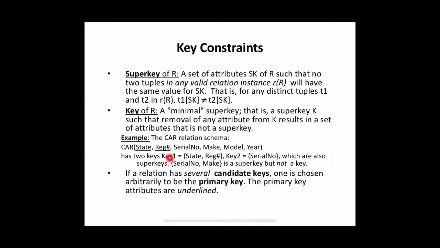Okay, so we can choose either key 1 or key 2 as the primary key, and usually this primary key will be denoted by giving an underline. So here the state and registration number together is selected as the primary key. Another example, a car relation schema in which license number and engine serial number are candidate keys, in which license number is chosen here as the primary key, which is underlined. So the choice of one to become the primary key is usually arbitrary. Anyway, it is better to choose the primary key with a single attribute or a small number of attributes. The others will simply be designated as unique keys and will not be underlined.